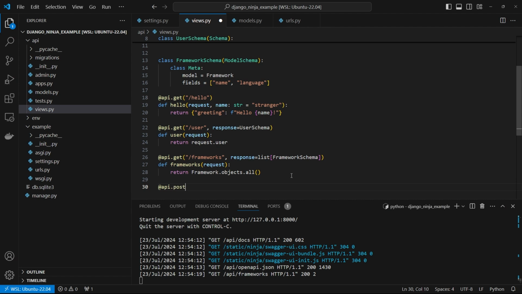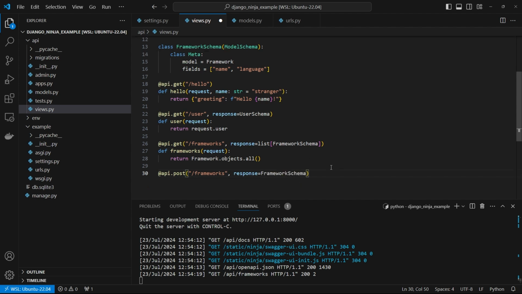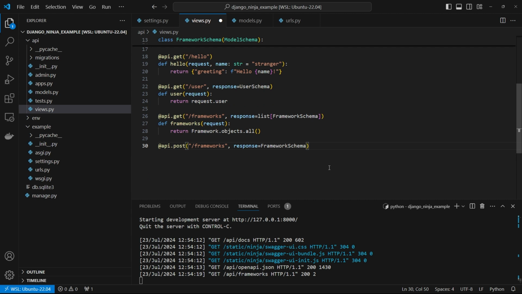So we'll use api.post. And this will be on /framework. So there's no collision here because the method is different. So this one is get and this one is post. For this one, I'm going to have a response. For this one, I want to return one framework schema. So what I'll do is I'll add a new framework here, and I will return one framework object, which will use the framework schema, and then that gets converted to JSON. So I'll create a function here. I'll call it create framework,